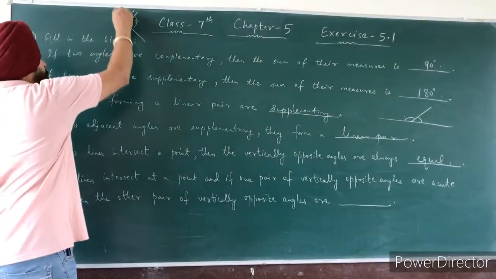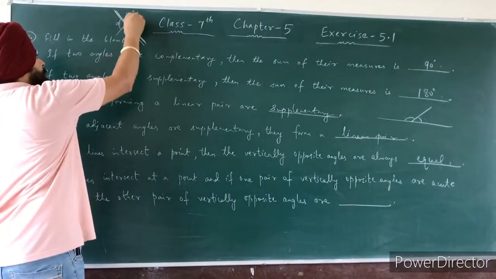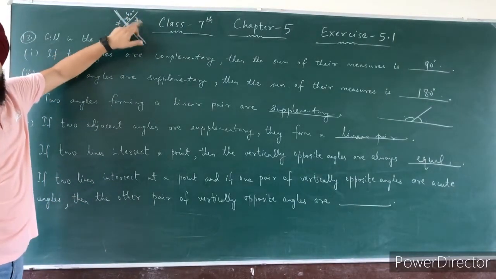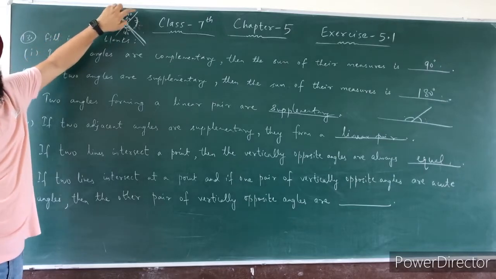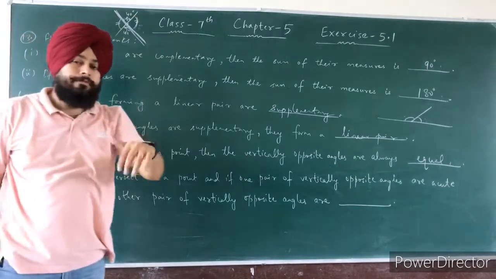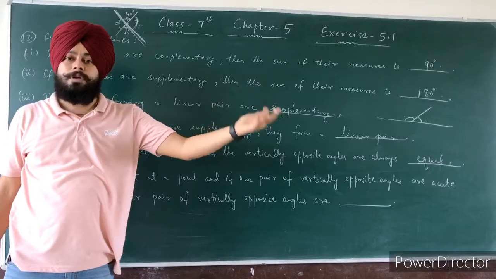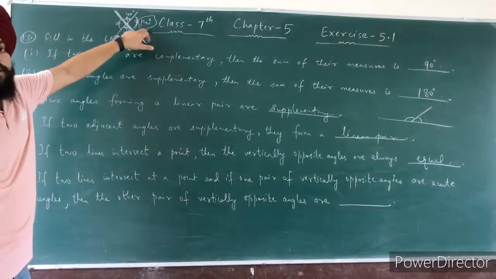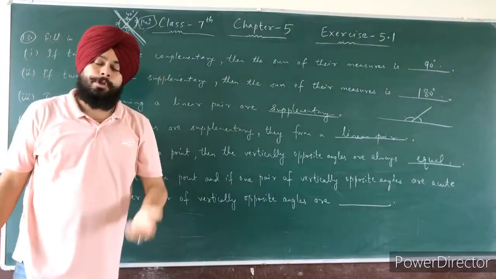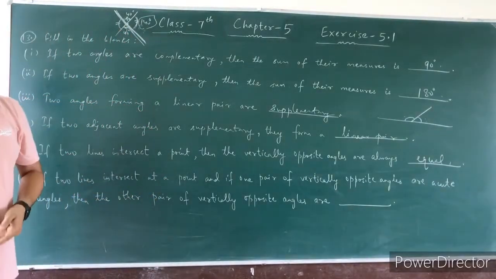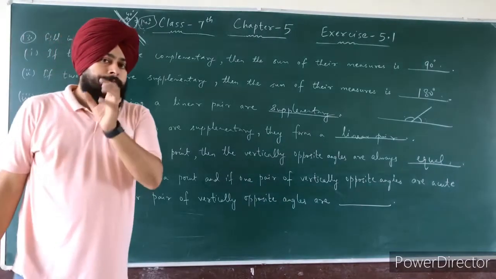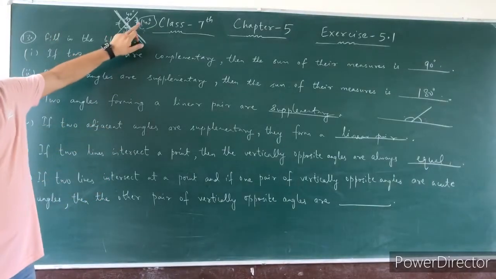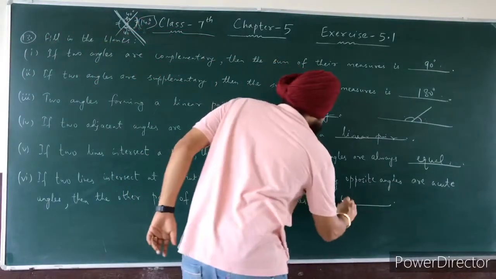So you can see here, this is a straight line, and these two angles form a what? These two angles form a linear pair. So sum of these two angles is 180 degree, and if one of them is 40, then what is the other? You have to subtract 40 from 180. So 180 minus 40 is how much? 140 degree. So this 140 degree angle is what? Acute, right, or obtuse? It is an obtuse angle, because obtuse angle is that angle in which measure of angle is more than 90 and less than 180. So the other pair of vertically opposite angles is obtuse angle.